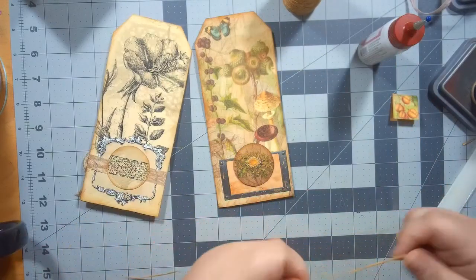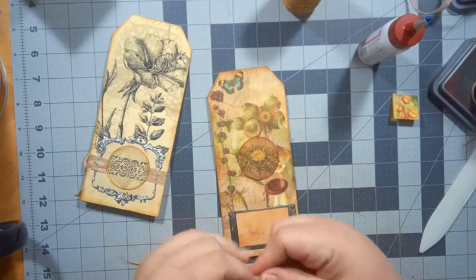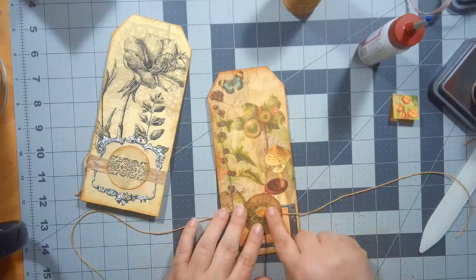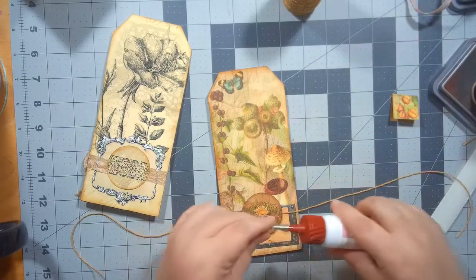Okay, I'm going to just find center-ish and lay it over. And then I'm just going to glue this down over the top of my twine, and that'll hold it in place